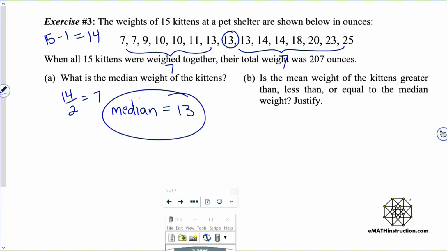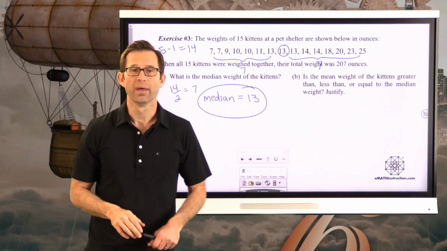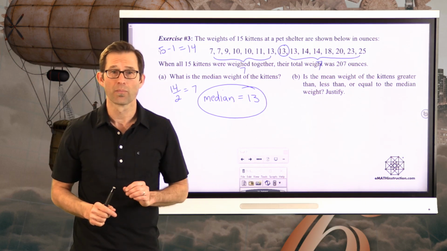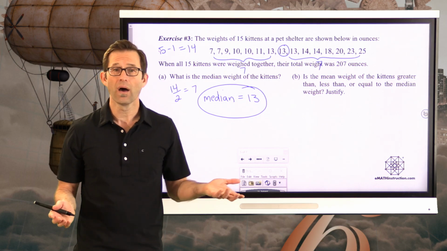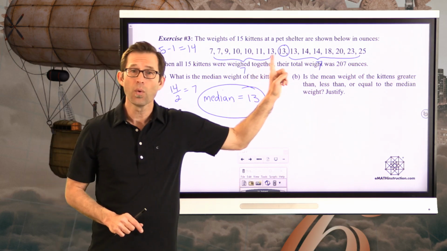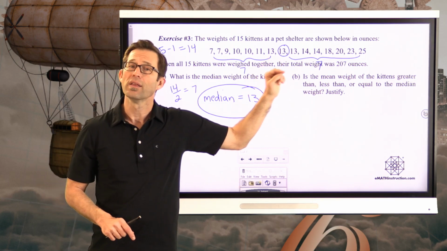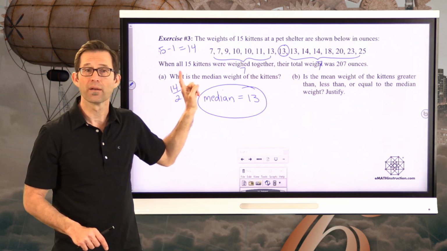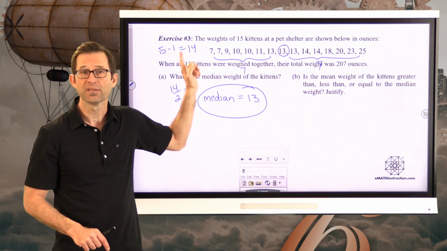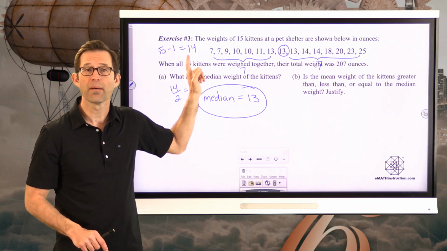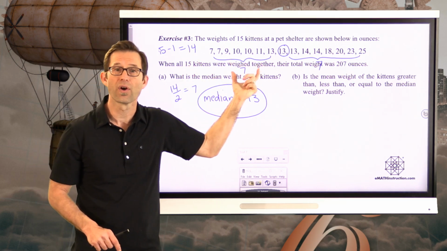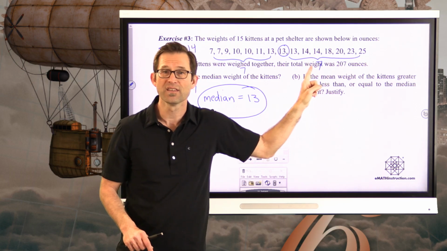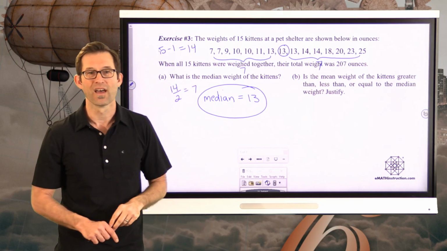is equal to 13. And we'll talk a little bit about what you do to figure out a median if there is an even number of data points. But if there's an odd number of data points, there's going to be one number that's right in the middle. And you can figure out its position by taking the number of data points, 15 in this case, subtracting 1, dividing that by 2, and then that tells you how many there are below the median and how many there are above the median. You can't see that 7 very well, but it's there.